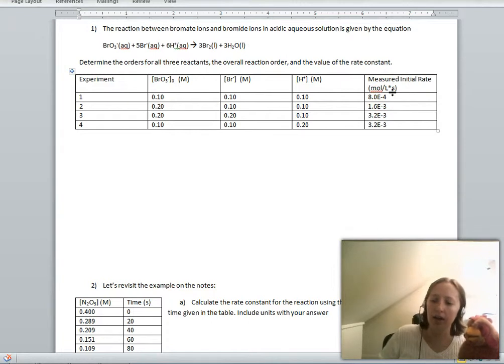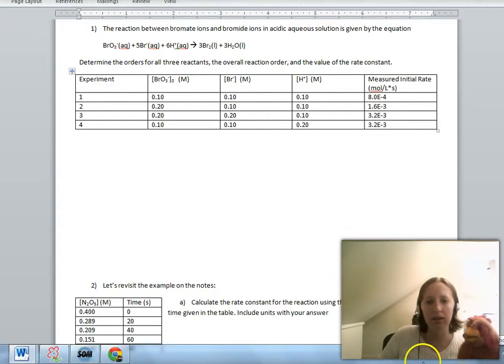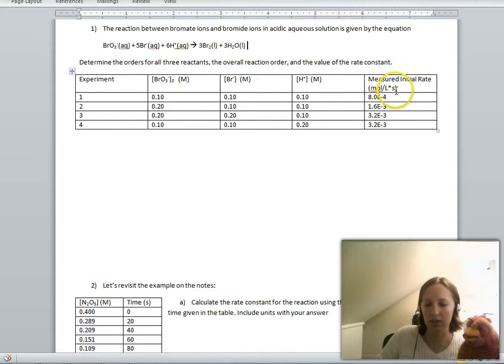And they didn't actually say, this problem doesn't actually say. So the initial rate here is, say, the disappearance of one of these or the appearance of one of these, but it doesn't really matter in this question because all you want to do is compare it to a different experiment. So that's experiment 1. With experiment 2, what they did is they held the bromide and the protons constant, but